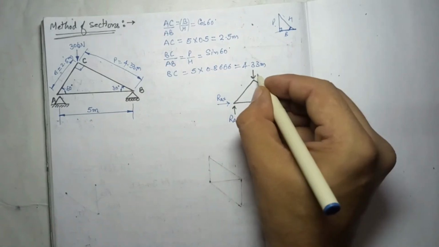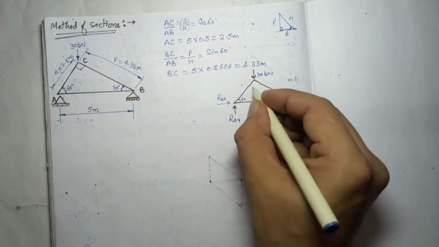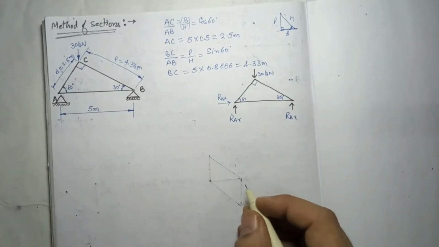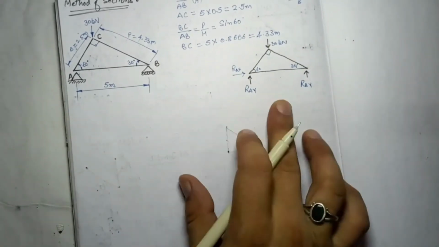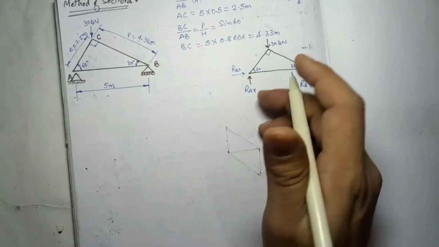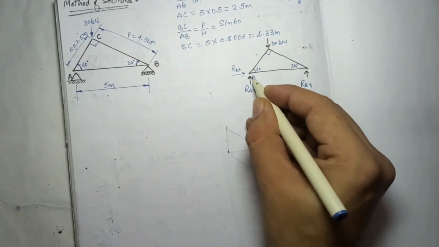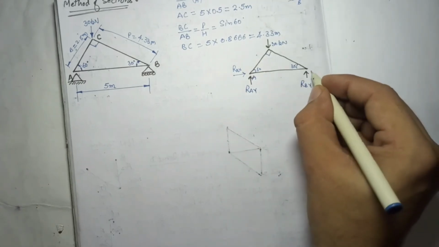So this is the external force that is having 30 kilonewton force. This angle we know 60, this angle is 90, this angle is 30. So we will find out the reactions. How we find out the reactions, I have told you, we have to take the moment about any point. I always prefer to take the moment about that point in which maximum forces are passing. So if I take moment about A point, RAX and RAY will be 0, so we can find